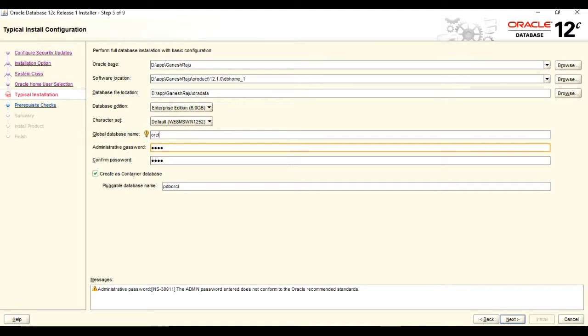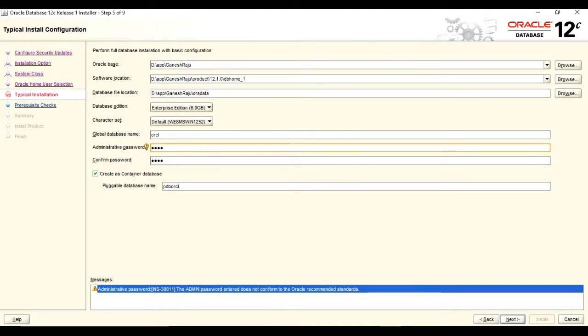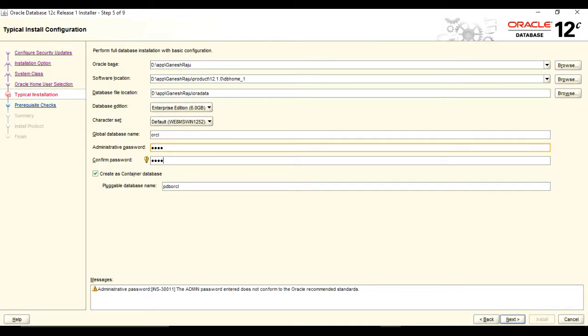You can create a simple one, because it is useful when you are logging into your Oracle 12c. And you find the pluggable database name. It is automatically keyed by the system, but you can change it manually and give a different name. And finally click on Next.